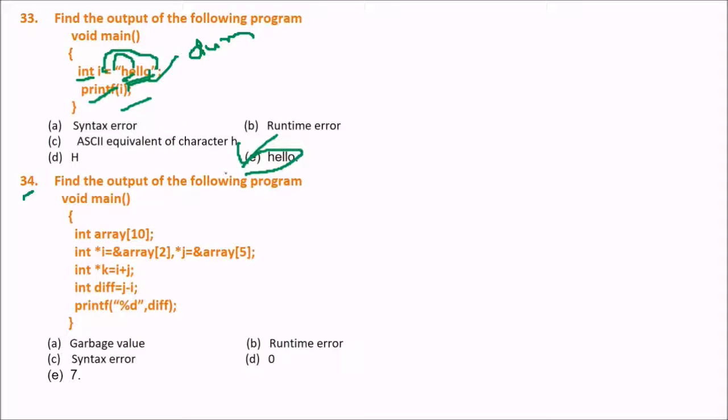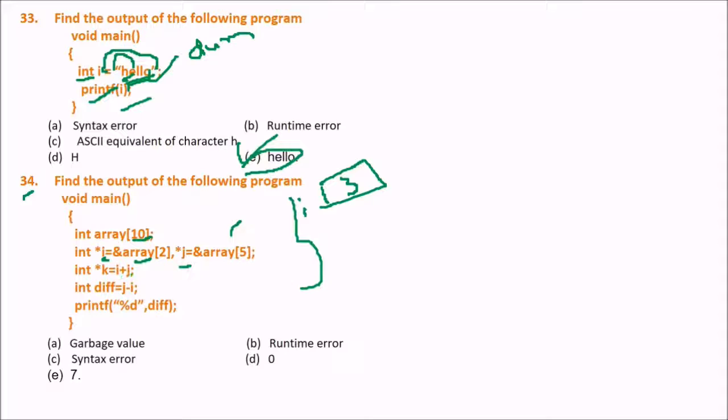Next, find the output of the following program. These are various options for you and instructions. So first we declare an array. Then what we are going to do, we are transferring the address or the reference of array 2 to I and 5 to j. That is the value. The value, the second value where it is stored, rather it is not a second value, it is actually the third value. So it is stored, I will get the address.